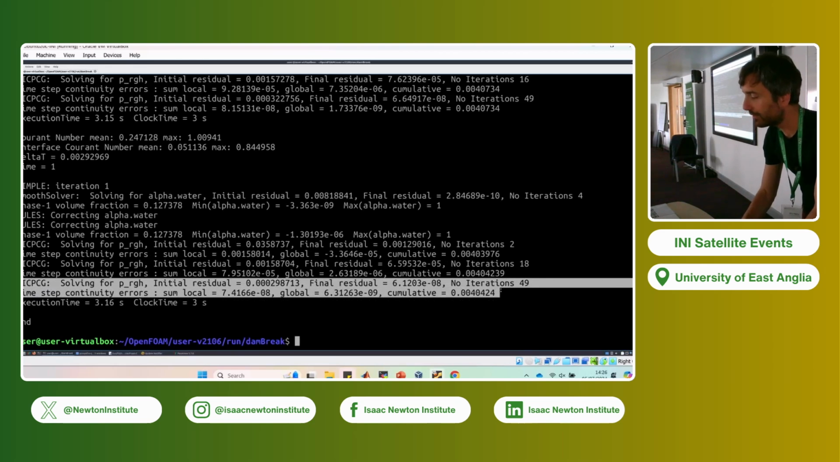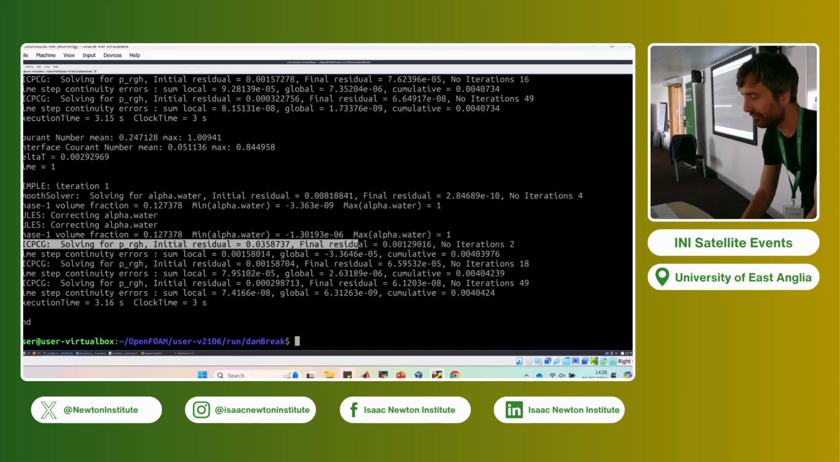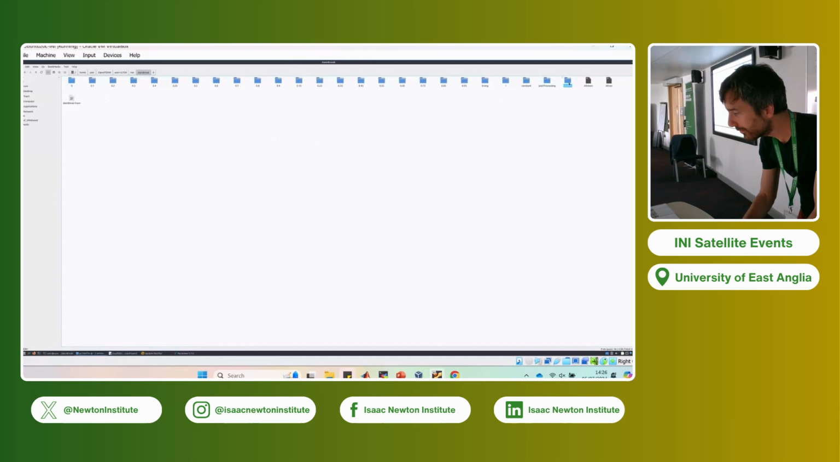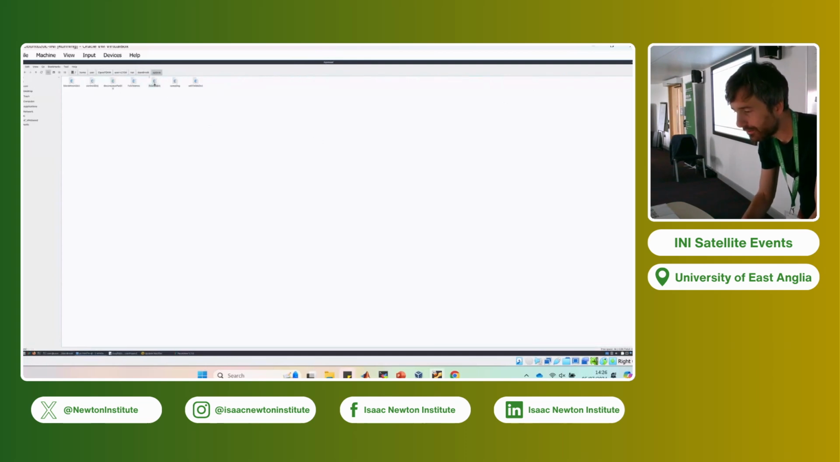So the first time, at the first corrector loop, you see the residuals are not going down too much. They go from 0.35 to 0.001, probably because of the settings we have chosen. So if I look into system, FV solution,